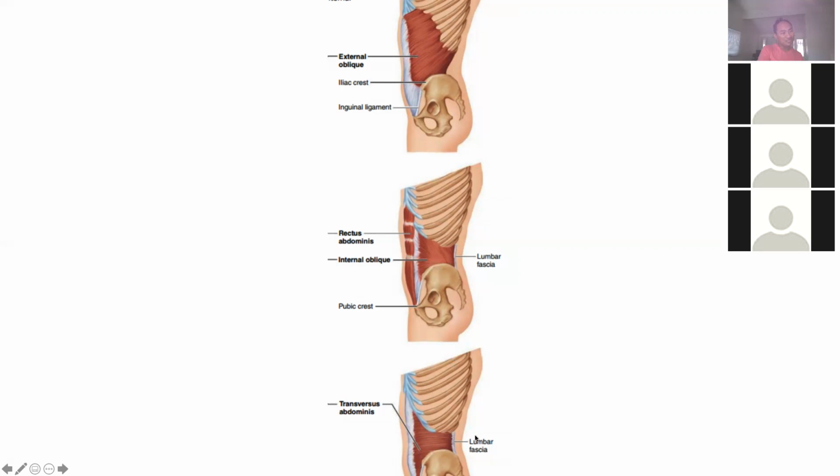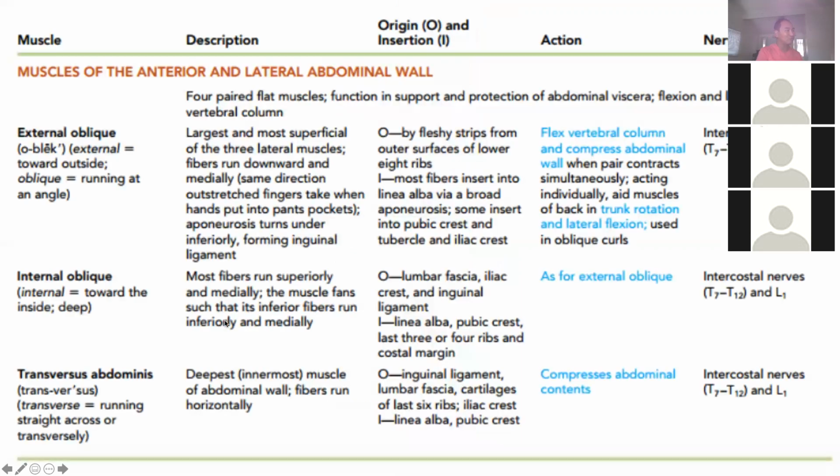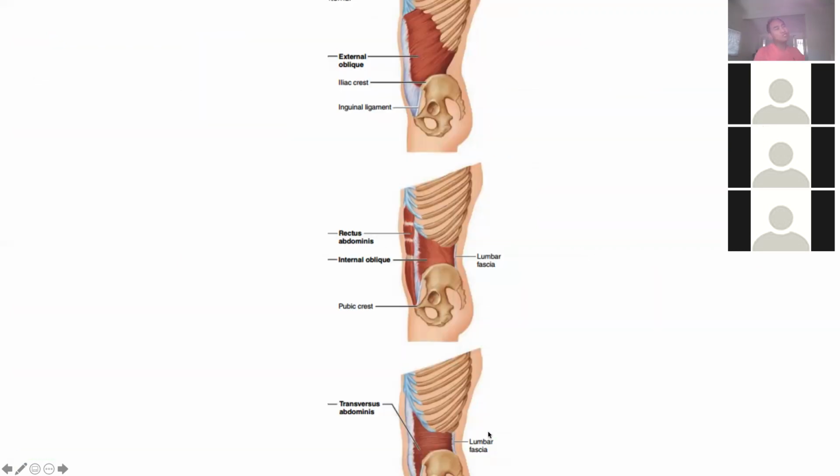What about the transversus abdominis? Transversus abdominis has a similar pattern, isn't it? Let's look at what is written. Transversus abdominis muscle here is originating from the inguinal ligament and lumbar fascia. It is the same as the internal oblique, and it goes to the center, linea alba and pubic crest. So finally, whatever we say, everything is similar. It is from the rib, it is from the iliac crest, and it is going to the center, linea alba. These are the origin and insertion of the